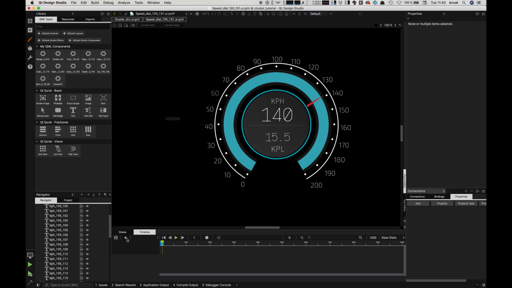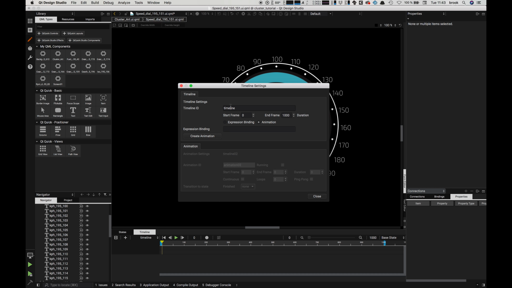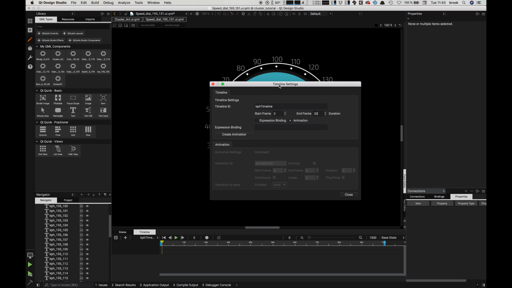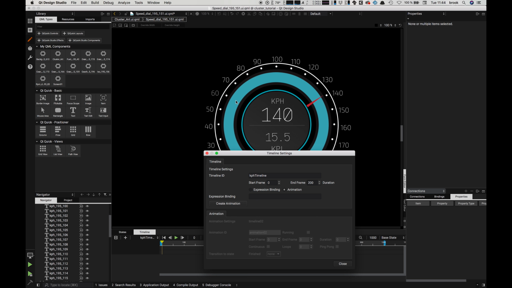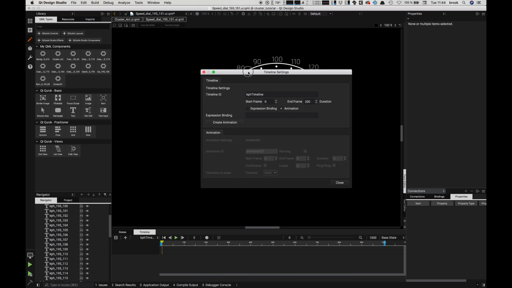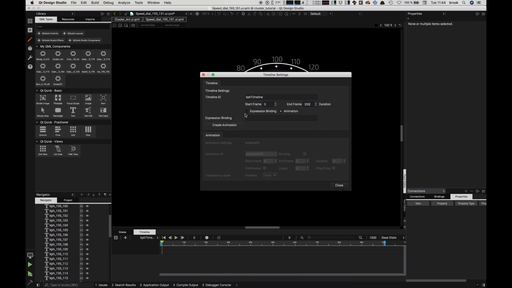And this one we are going to do a little bit differently. So we're going to make this a very small range timeline, only 200 frames, that matches up exactly with the kilometers per hour of our speedometer. Now normally this would be quite a short timeline, so if you were using purely integers, so a value per frame from the back end, the animation wouldn't look super smooth. And what we're going to do is we're going to use floating point numbers, so we're going to use real numbers when we do the back end to have a smooth animation that matches up exactly with what the real back end could be. So let's just create the animation,